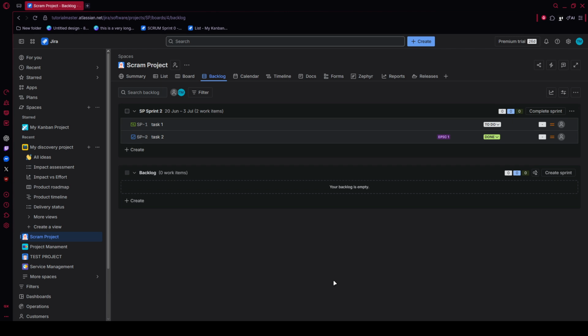To get started, open your preferred web browser and go to the Atlassian sign-in page or your organization's Jira site. Enter your work email, select Continue, type your password, and then log in. Once you're inside, you'll land on your Jira home area where you may see multiple projects and updates across the